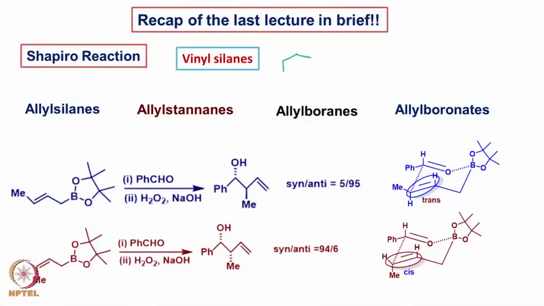Last time we were looking at the Shapiro reaction and some allylation of various kinds of aldehydes or carbonyl compounds using different allyl metal reagents. In the Shapiro reaction, what we did was to make use of the vinyl lithium, for example of this kind, and then we converted it into vinyl silane, and then as we saw, we can convert this into the epoxide